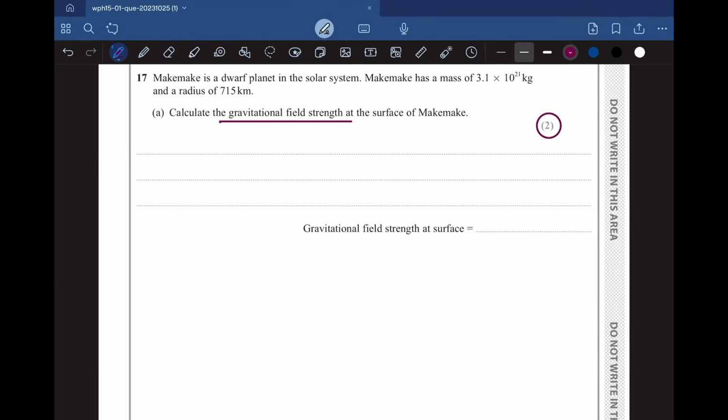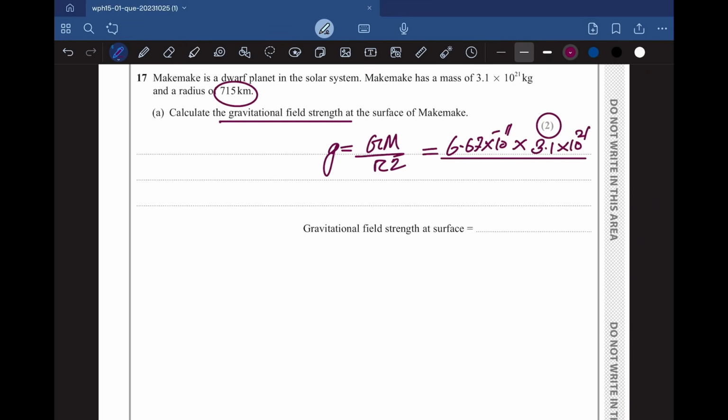We know the formula of gravitational field strength is g equals GM by r squared, right? This is the formula. Now the bigger G is a constant, which is 6.67 times 10 to the power minus 11, multiplied by M, the mass of Makemake, which is 3.1 times 10 to the power 21, divided by r squared. They have given us the radius as 715, so we will have to convert it into meters. So 715 times 1000, squared. This will give us a value of